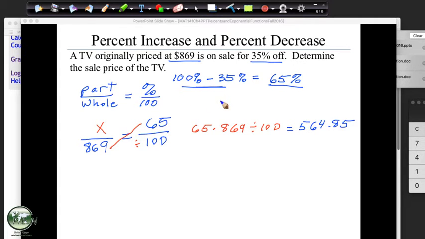And again, the only extra step is I did the easy subtraction here. I mean, 100 minus 35 is easier to do than if I calculated 35% and I would have had some change, right? I would have taken 869 minus, I don't know, 300 and something. I would have been busting out my calculator. I still was, but I had the easy chance to do an easy calculation, which I did, and it got me directly to here, instead of two hard calculations. Okay, I had one easy and one hard instead of two hard.